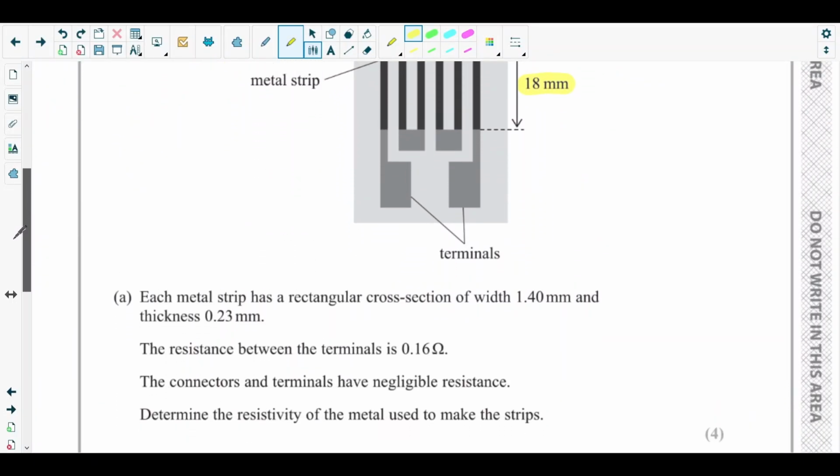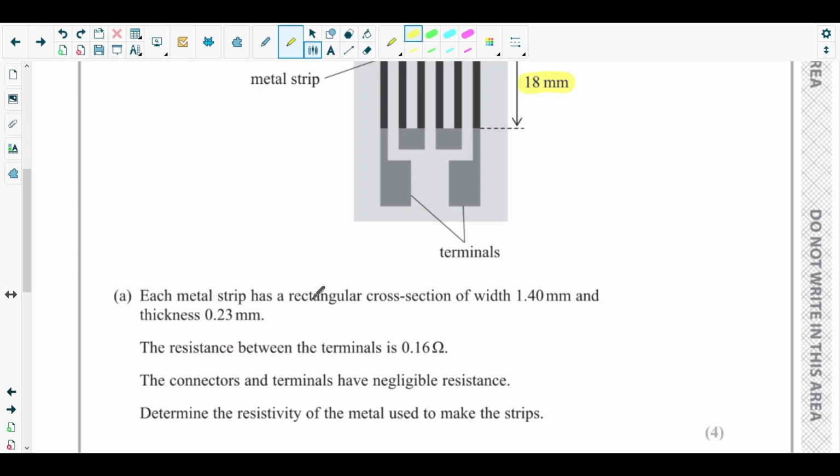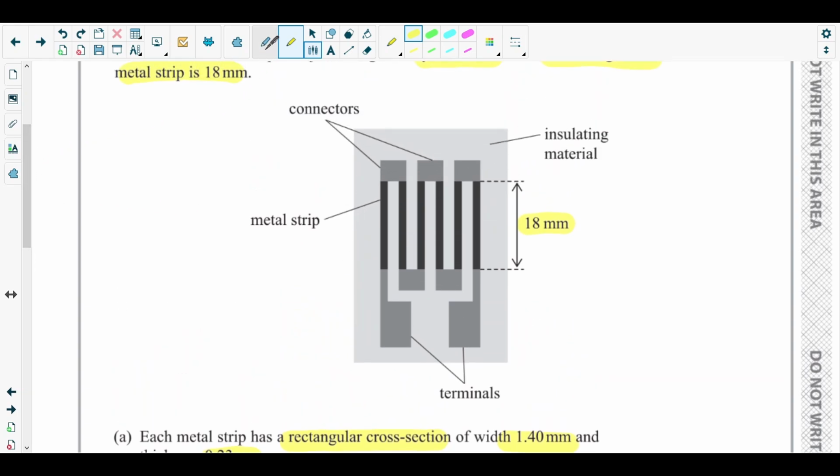Part A says each metal strip has a rectangular cross section of width 1.40 millimeter and thickness 0.23 millimeter. The resistance between the terminals is 0.16 ohm. Where are the terminals? This is one terminal. This is another terminal. So between this terminal and that terminal,